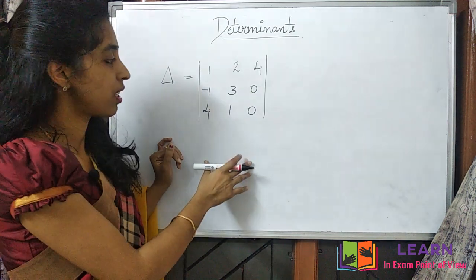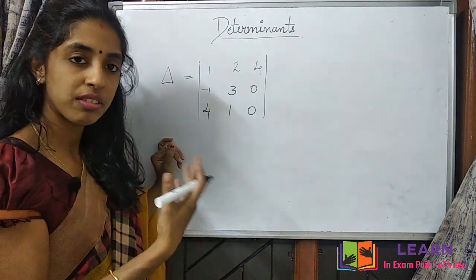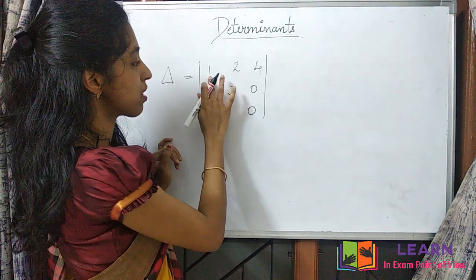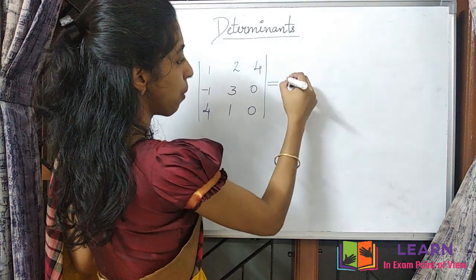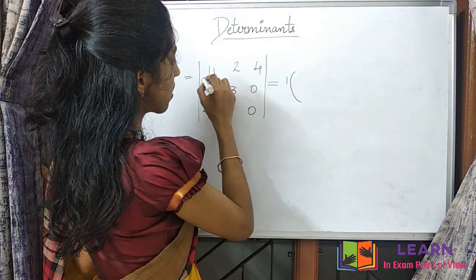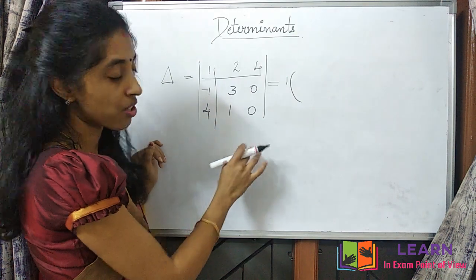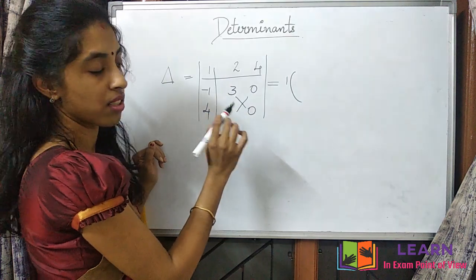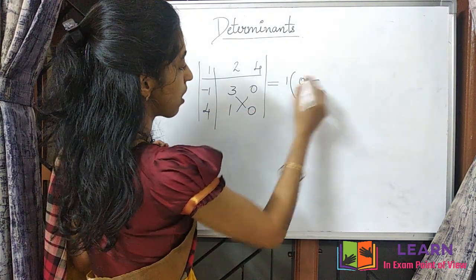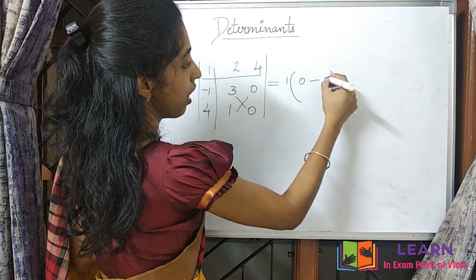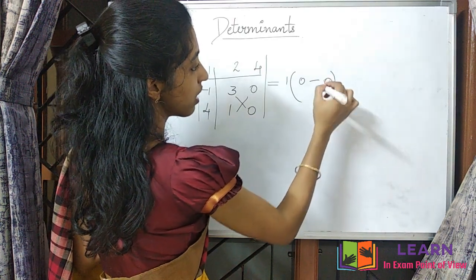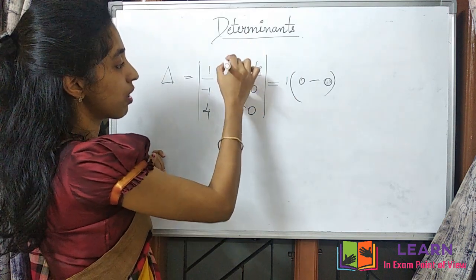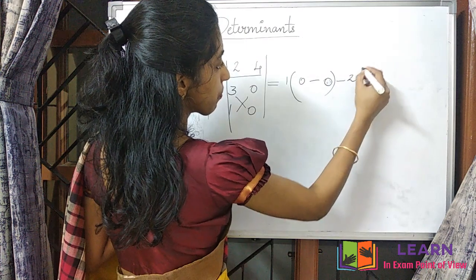Okay. So this is an example problem of how to solve for a 3 by 3 matrix. Okay, we are going to expand along the first row. So the first element here is 1. So 1 into, keep in mind its corresponding row and column is vanished and this is again a 2 by 2 matrix. Then just multiply this minus this. So 3 into 0 is 0 minus 1 into 0 is again 0. Then alternatively the sign will change. Here it is plus. For the next element what will it be?